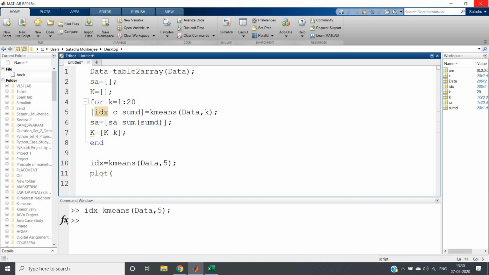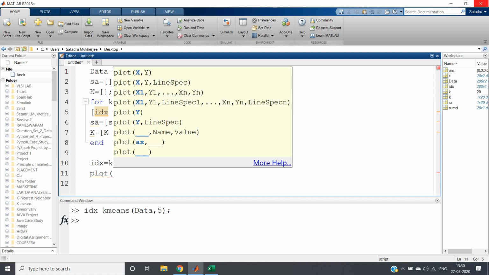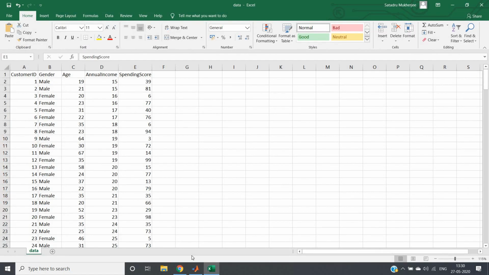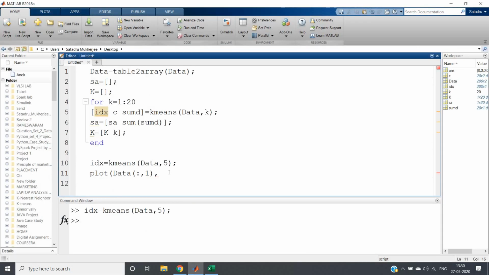So plot. Data colon comma 1, which is basically taking all the annual income, and then data colon comma 2, the spending score. Basically we need to give different colors for different groups, right? So instead of plot we can use gscatter.